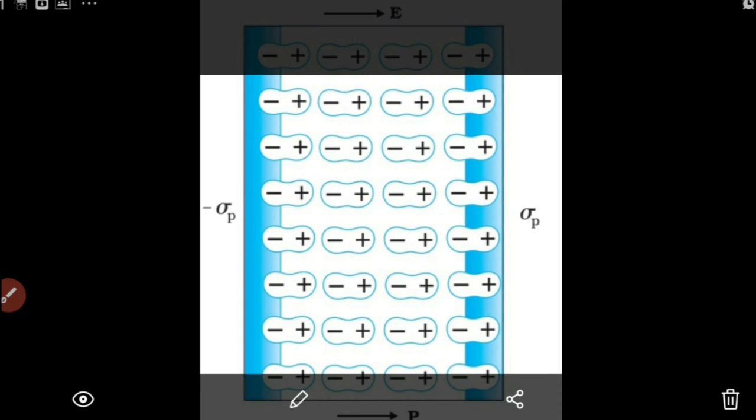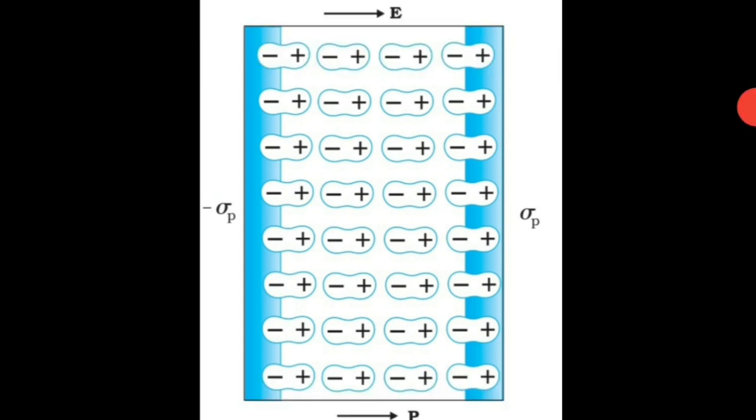So this is the general case when a dielectric is kept in an external field. That means inside the dielectric, all molecules have turned into dipoles. When we look inside the dielectric, take a small volume. You can see that the opposite charges of nearby molecular dipoles are sitting very close to each other. Hence, they coincide and they neutralize.